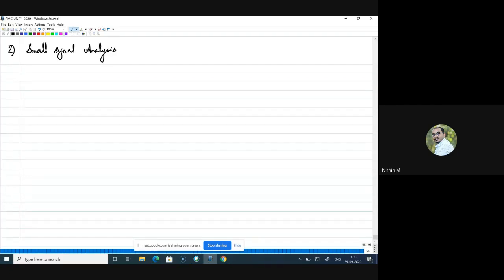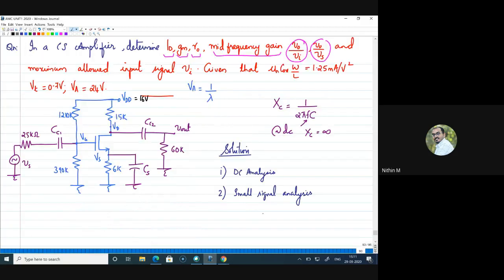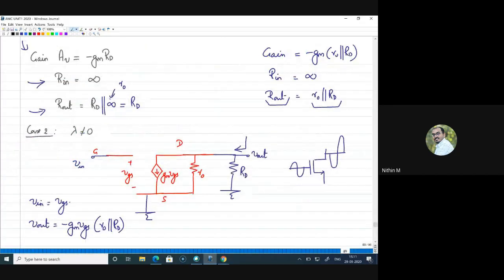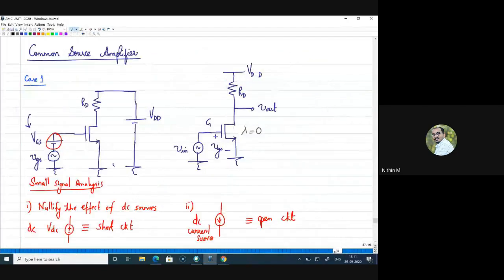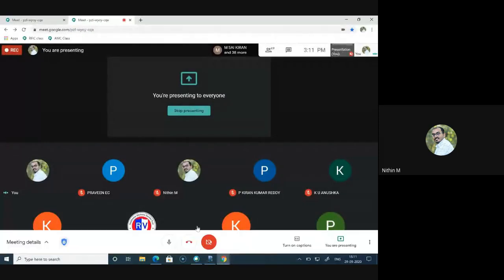All right, I'll take this analysis in another class, tomorrow's class or the day after tomorrow's. So small signal analysis we'll deal with in the next class. Starting from this numerical, we will do this under two headings: one is DC and the other is AC analysis. DC analysis we have done in the same way. Now for AC analysis, I'll explain in the next class. We'll wind up here because there is a lot of fluctuation in the internet connection, which won't sound nice when you are listening to me. So I'll stop recording now.